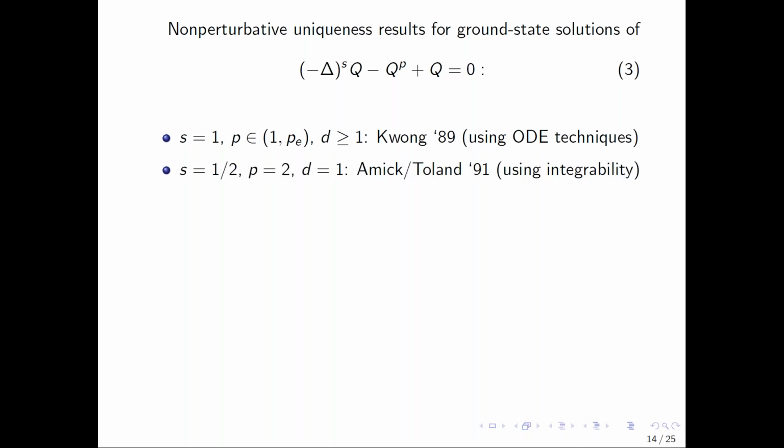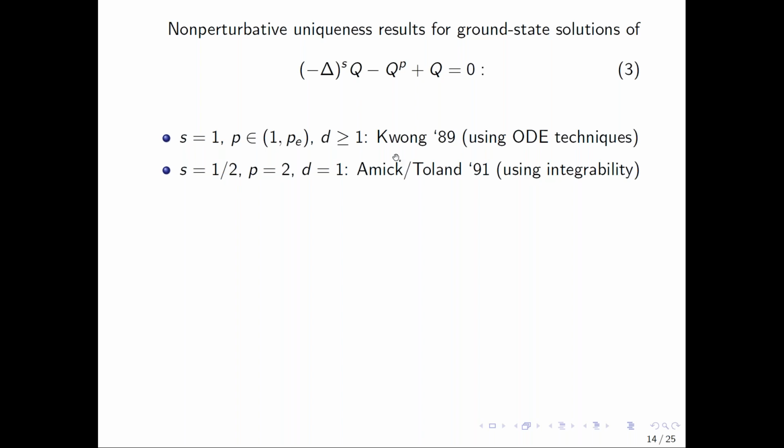Amick and Toland proved uniqueness in the one-dimensional case, but only for the specific nonlinearity p equals 2 and the specific fractional derivative, minus Laplacian to the 1/2, which is the Hilbert transform, or the derivative of the Hilbert transform. And the reason they had to restrict to those specific values is because they use heavily the fact that in that case,